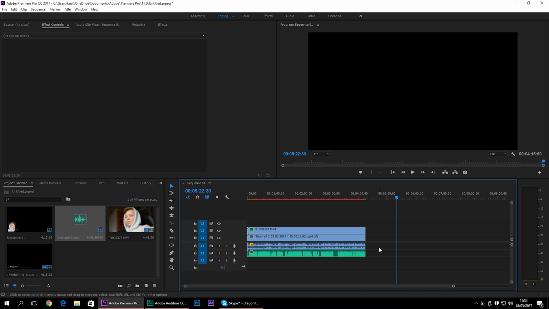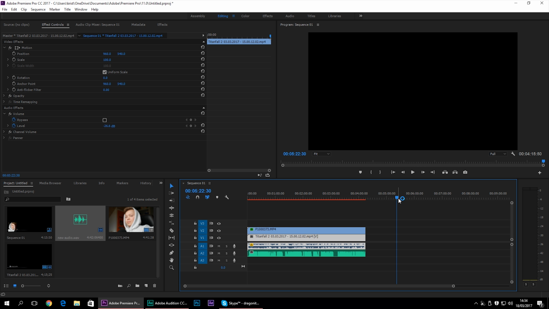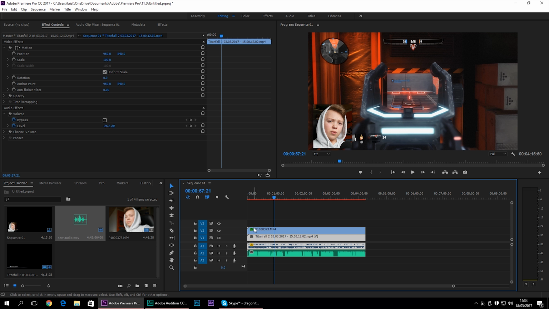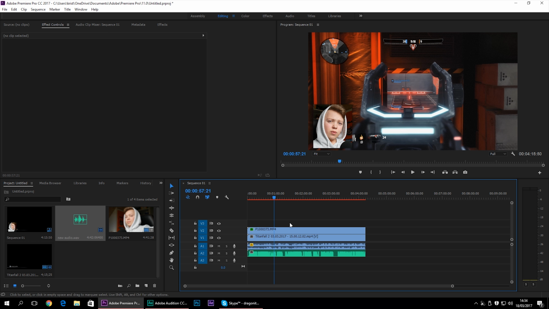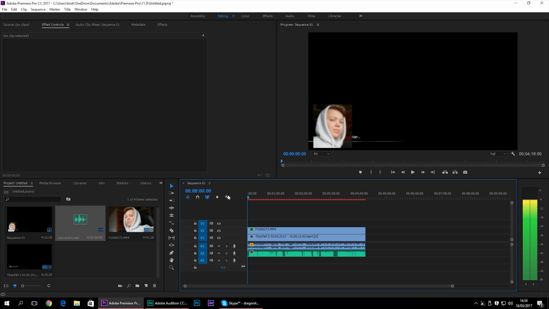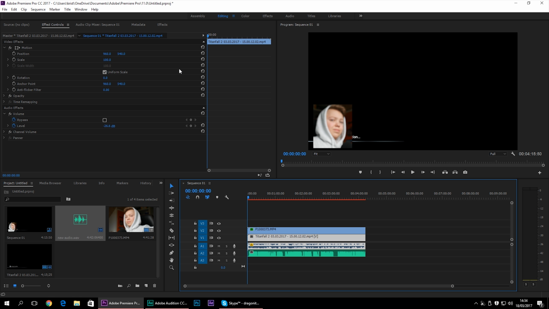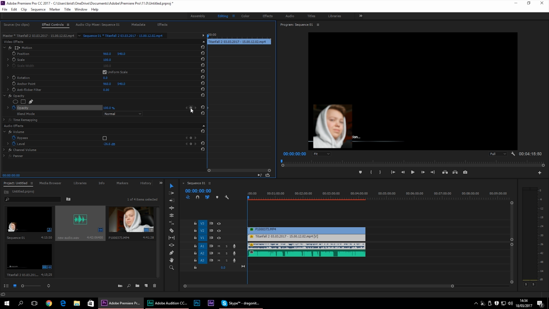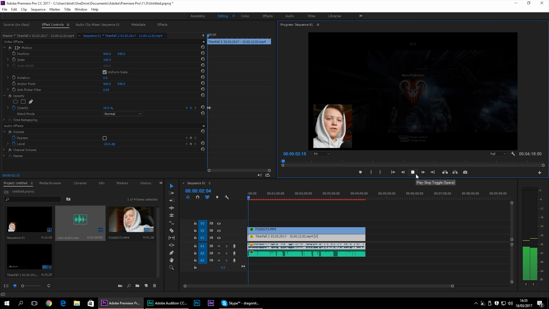The difference between Premiere Pro and Sony Vegas is that you most likely will have to use keyframes instead of just a simple dragging to get fade out and fade in. To get fade out and fade in, what you do, you go into motions, then you find the opacity, click this little square button here, go a few seconds in and click it once more. Then you can go back here and press it to 0%. So when you see, now it's a fade in of gameplay, which is really smooth.